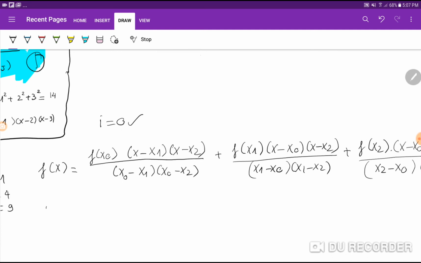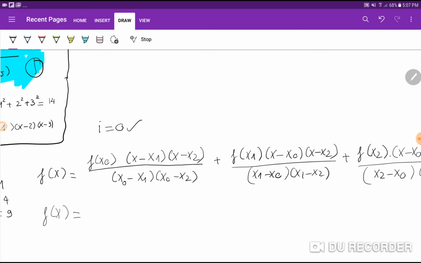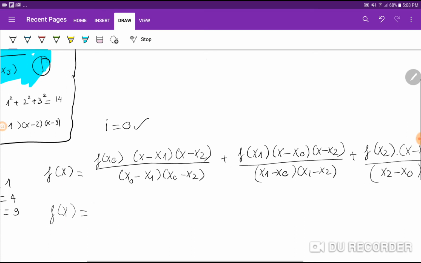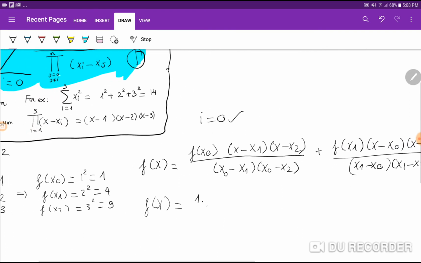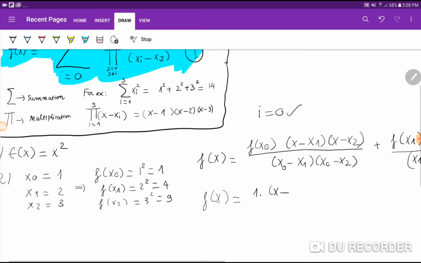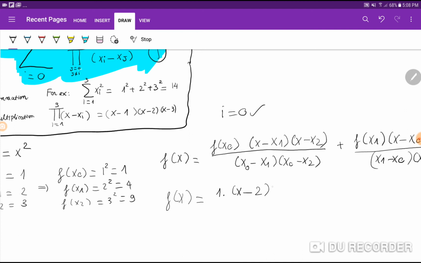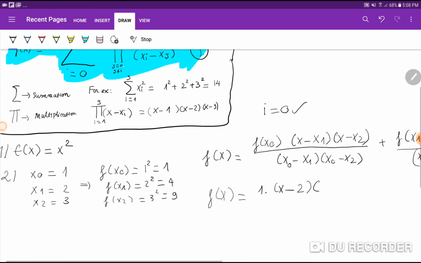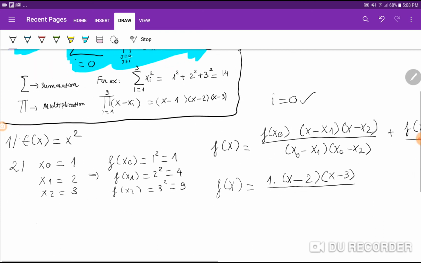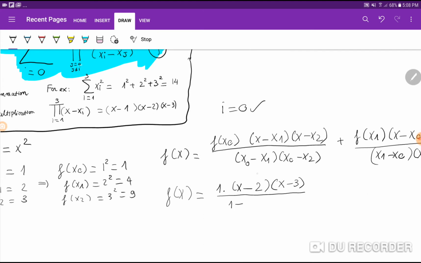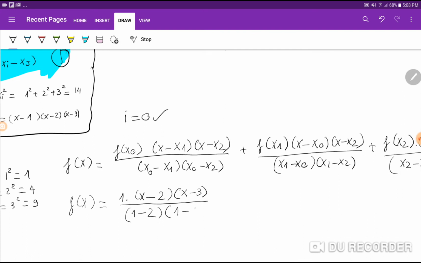And the next step is the step where most mathematicians will find it very offensive, and that step is plug in a number. So f of x0, this is 1 times x minus x1, where x1 would be 2, and now x minus x2, x2 is 3, x minus 3 over x0. What is x0? x0 is 1 minus x1 is 2, and x0 is 1, x2 is 3,